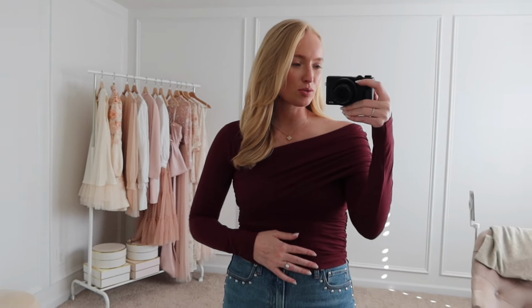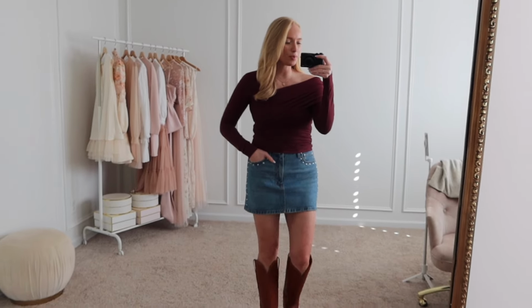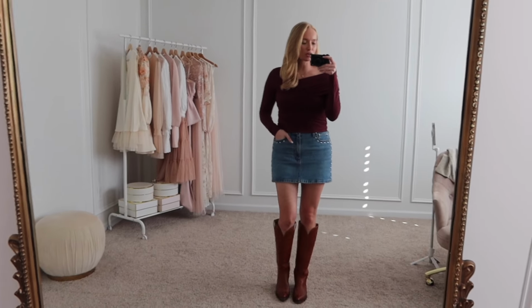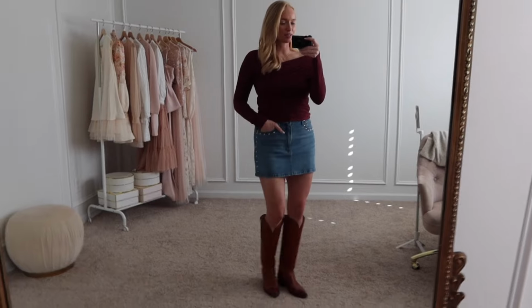I feel like we finally moved on from a lot of the cutout trend, and I'm seeing a lot of asymmetrical necklines, which I have been really enjoying. I actually wore this outfit over the weekend in Nashville. I went there for a girls trip. So this is a cute little girly look for fall with a Western inspired twist, since I paired it with